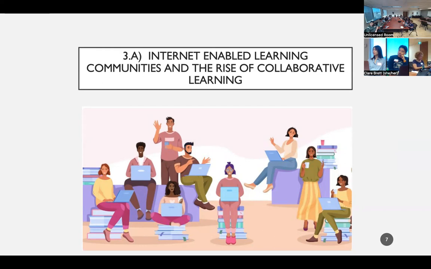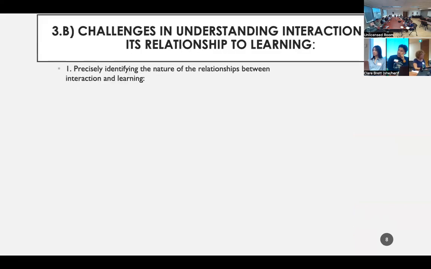I think it's helpful for some people more than others, but there are areas of this that started out like computer-supported collaborative learning, for instance, that specifically prioritize collaboration in any learning situation that had computer technology, including classroom-based, blended, fully online learning. So we're going to look now at the challenges in understanding interaction and its relationship to learning, and why